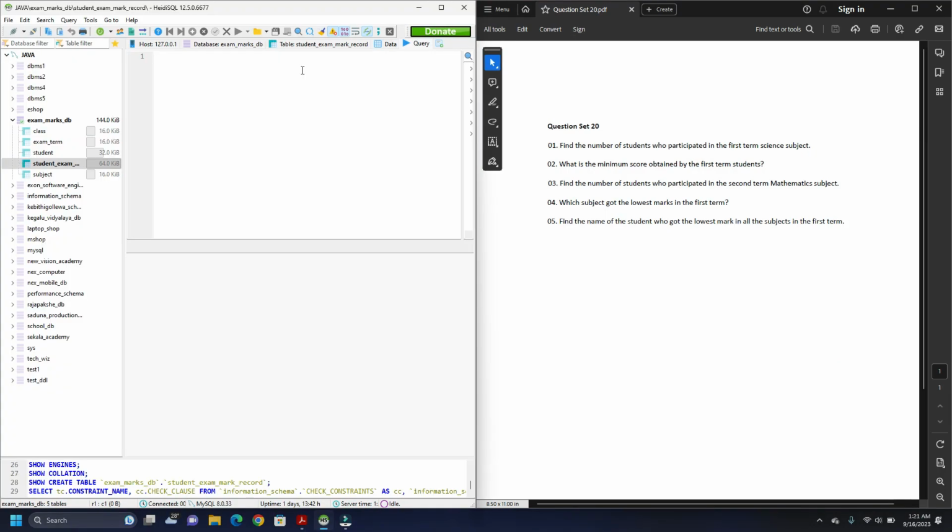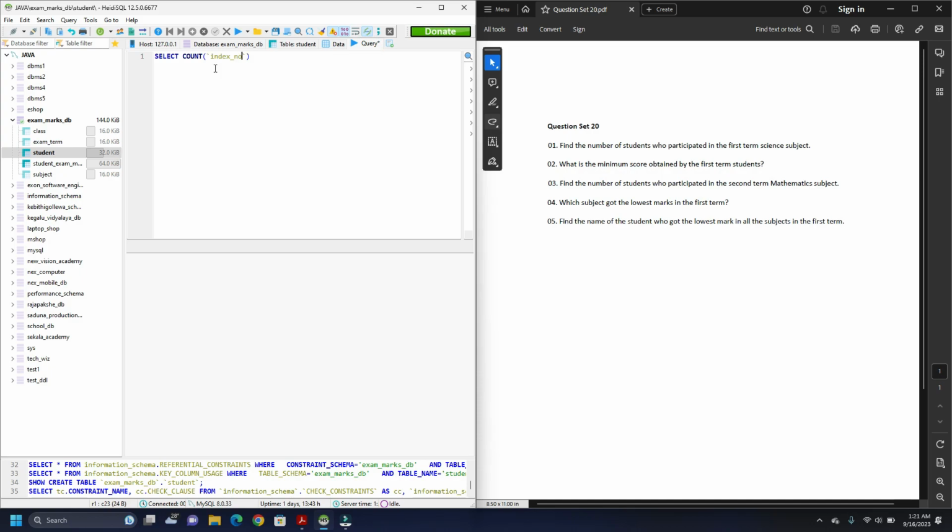So first we have to start with select. So we have to select the number of students. Therefore, we have to write count, and we are counting the index number of students from, and then we write the table which we are taking the index number from, which is the student table from the exam marks DB database,